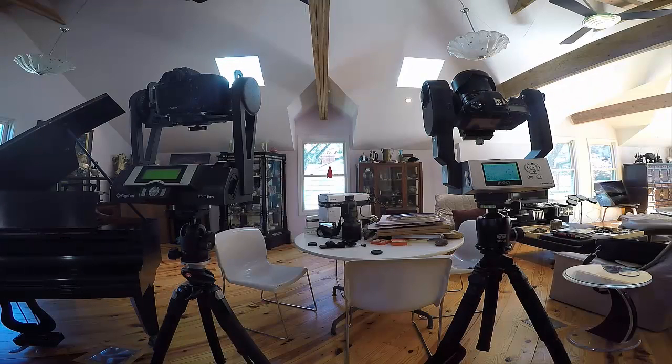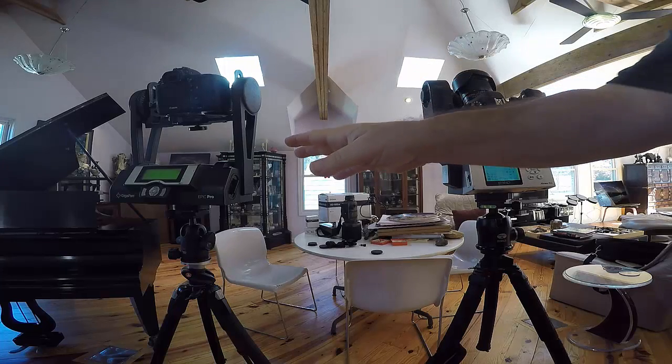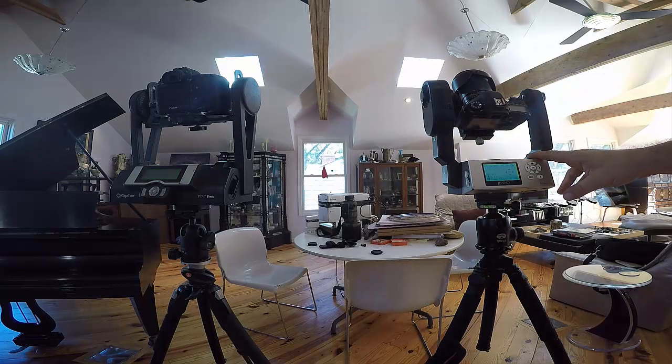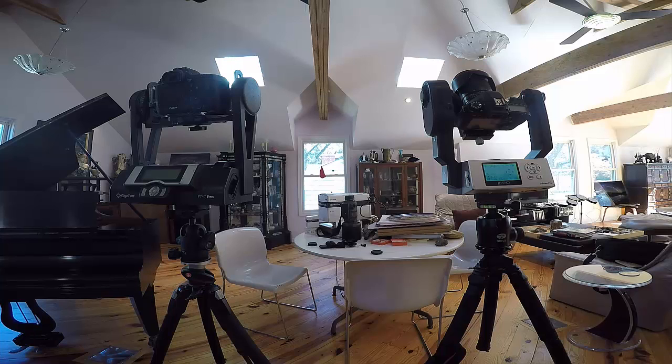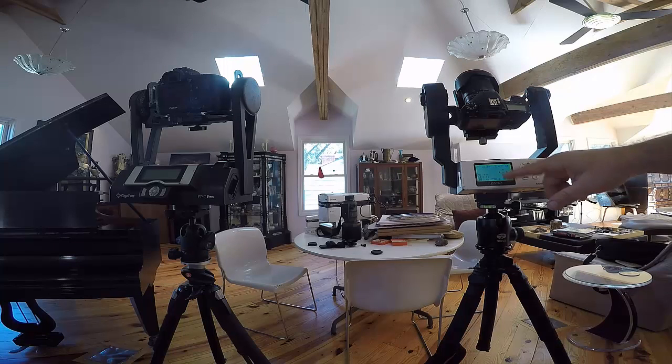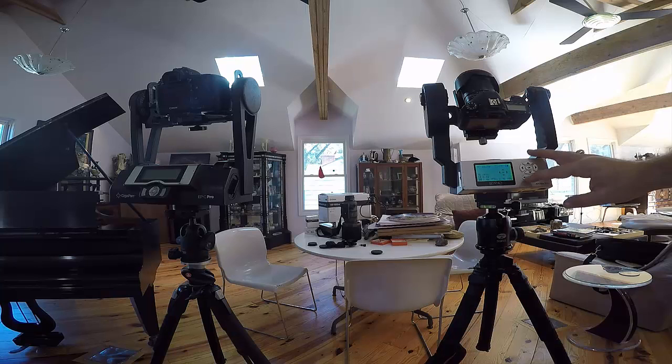Okay, I'm going to do a side-by-side comparison of the two taking a Pano. I've got the Gigapan Epic Pro ready to shoot. I'm going to go ahead and program the iPano, so both of them take 16 images. It'll be 2 seconds each. So you can kind of watch them both in action, and we'll see how the imaging works, or the menuing works on the iPano. So first we're going to go into